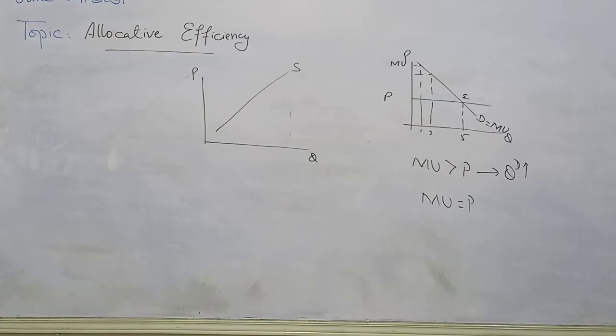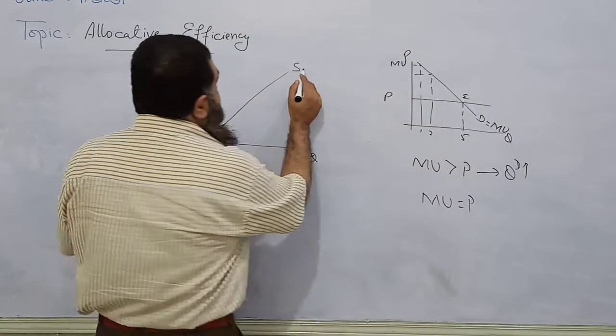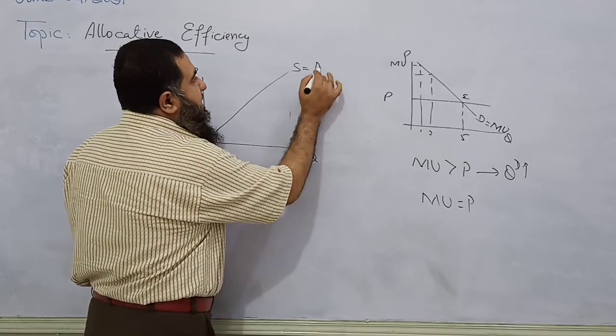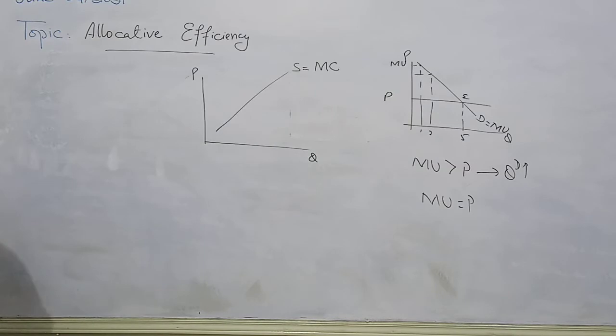The reason is when price increases on the previous units, whatever has been produced by the producer, the profit of the producer is going to rise. So he is ready to supply more. But the thing is that this supply curve is representing the marginal cost of production. MC means marginal cost, and marginal means what?